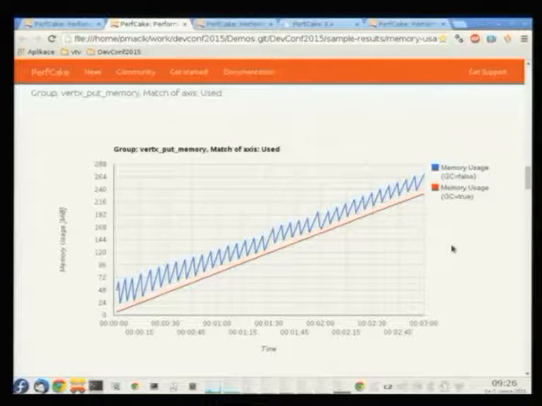But in more complicated scenarios, the upper chart would be more wild, and it won't be that easy to see that it has a tendency to grow up. So this is why we put in the option to switch on garbage collection. So that was it. Did I forget anything? Nice.